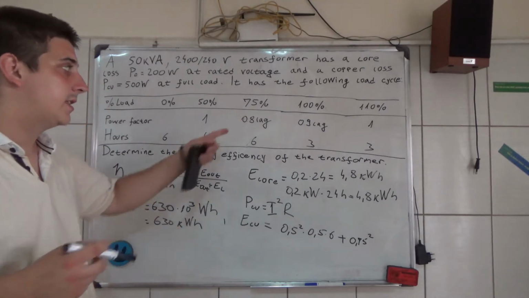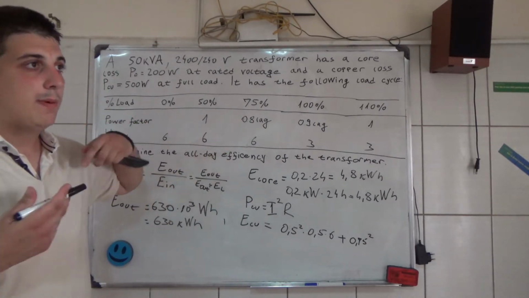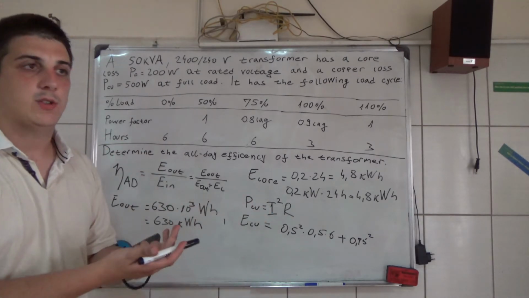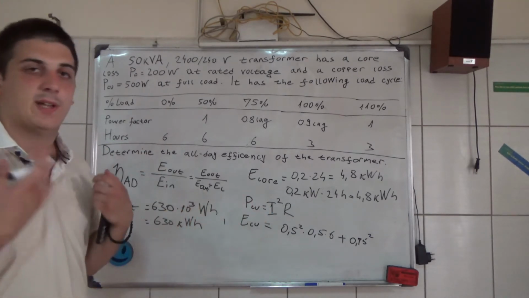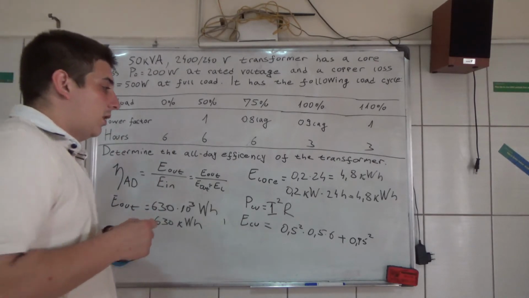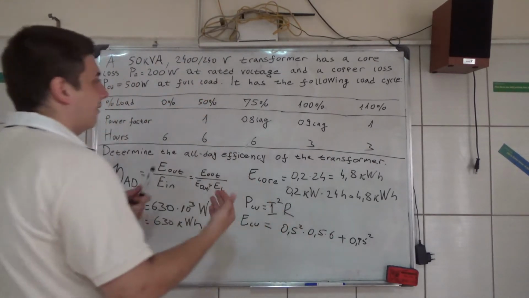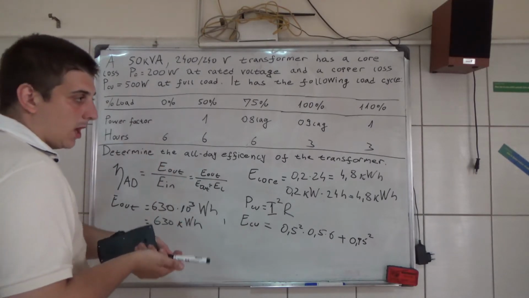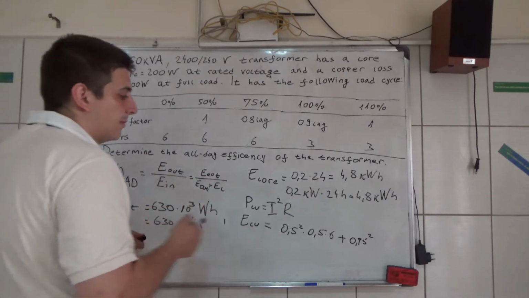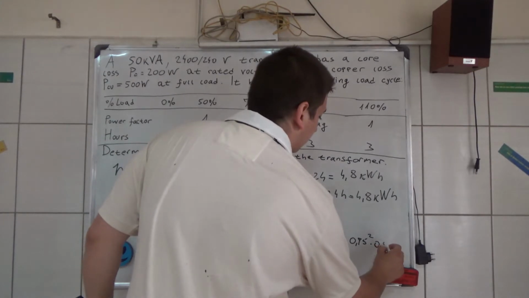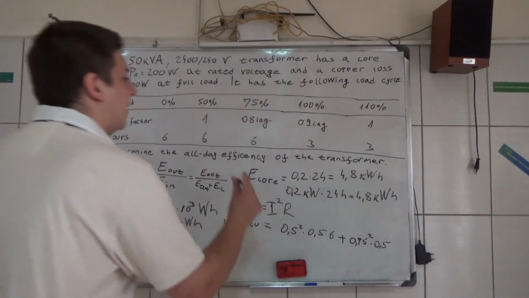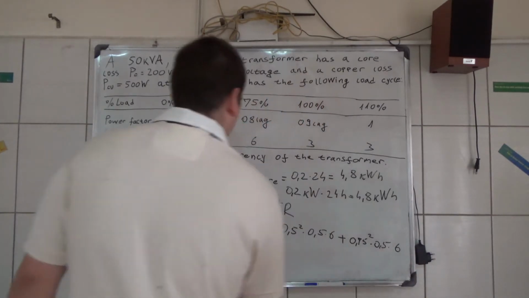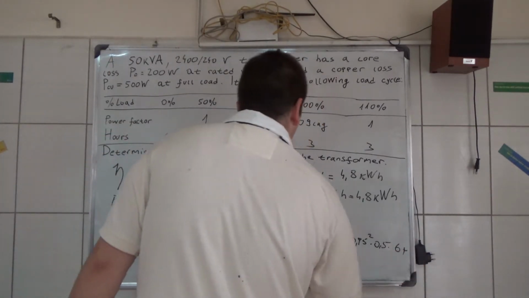Now it says 0.8 lag, but it doesn't depend. In this formula you don't have cosine of theta, so no power factor, so it just depends on the current. 0.75 squared of the rated copper loss, times 0.5, times the number of hours, that is 6, plus